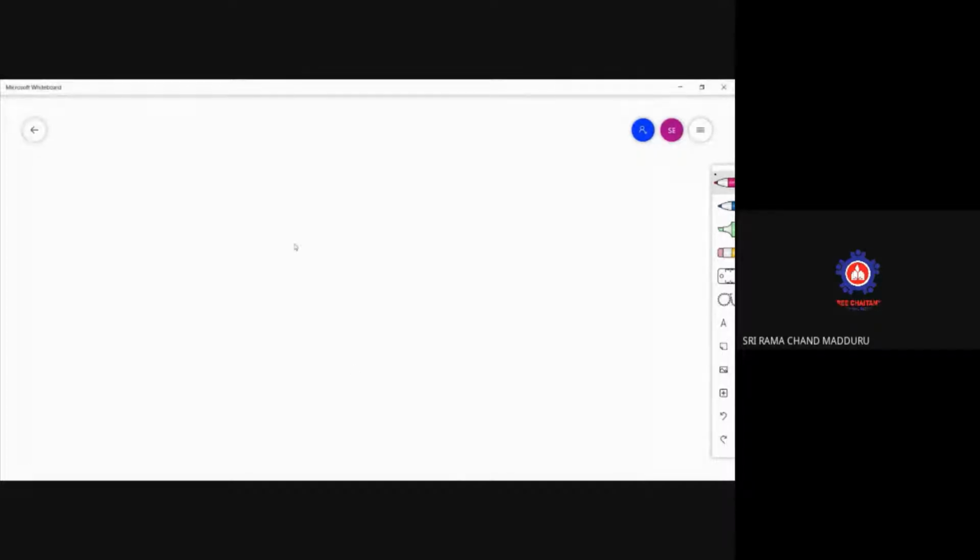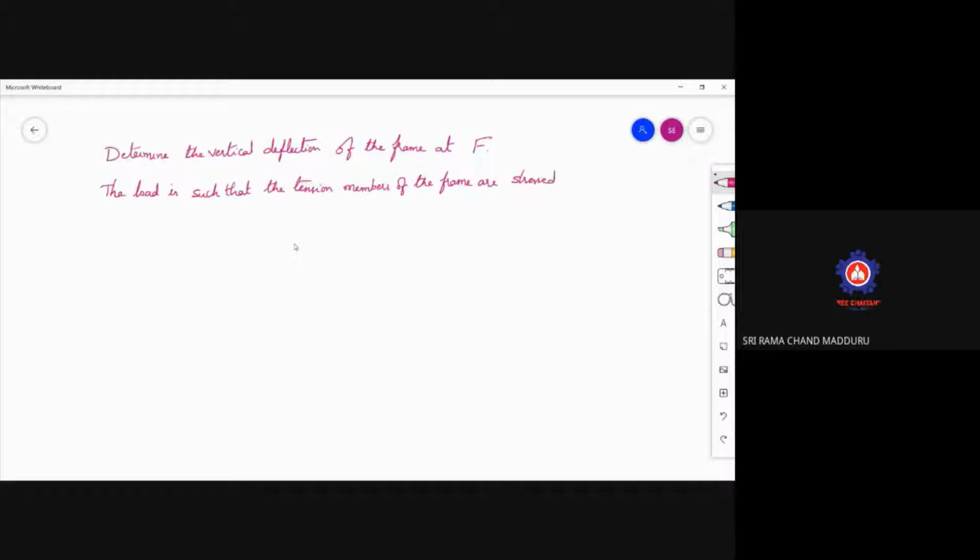And note on the problem. Determine the vertical deflection of the frame at F. The load is such that the tension members of the frame are stressed to 150 Newton per mm square,